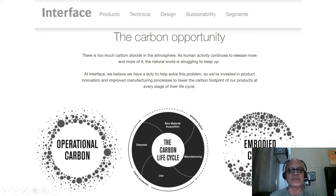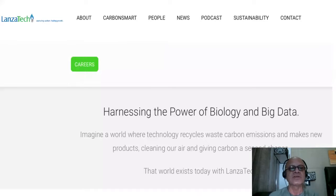So it's not just about reducing carbon footprint, so they're reducing operational carbon and the carbon life cycle, so in the raw material acquisition, manufacturing, use, and disposal. So there is embedded carbon here and operational carbon on this side, so that is embodied carbon. Okay, that's kind of revolutionary. So essentially it's not just net zero, but this is to help the climate by taking carbon out of the system